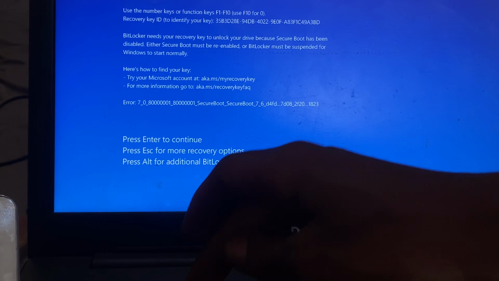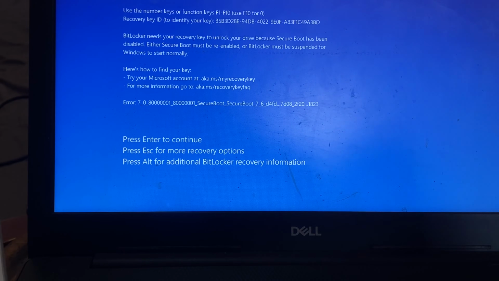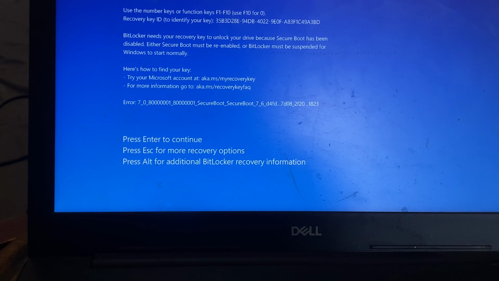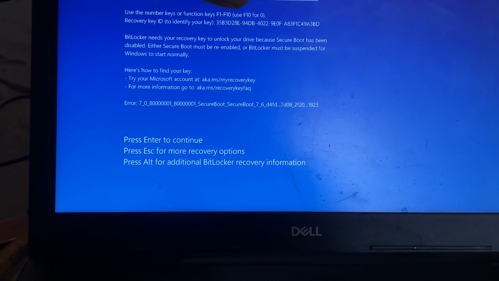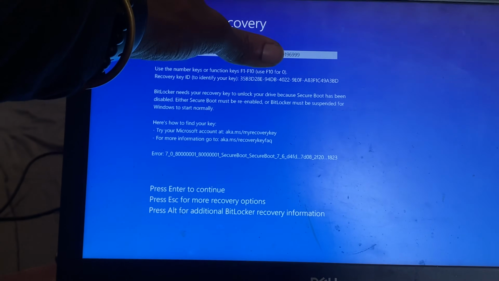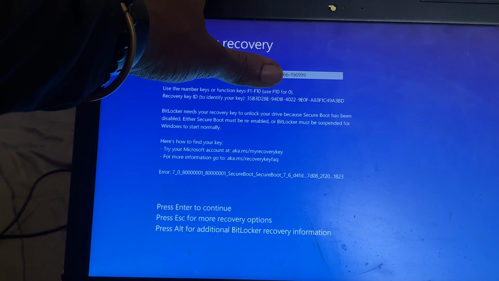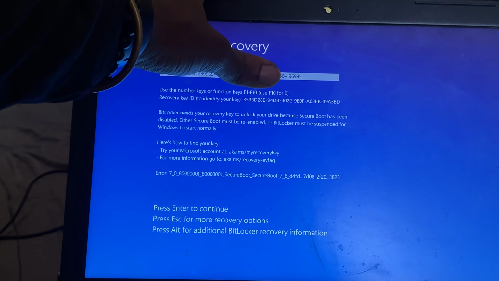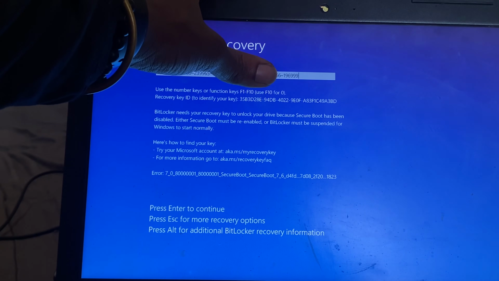So I'm done with the first pair. So let me first pause, then I input. So I'm done with the code, and this is how it looks like. So this is how long the BitLocker code looks like. Yeah. So I'm going to click continue, enter to continue,